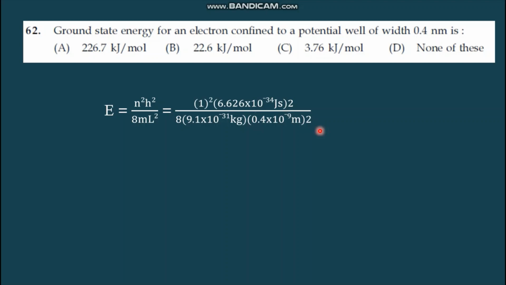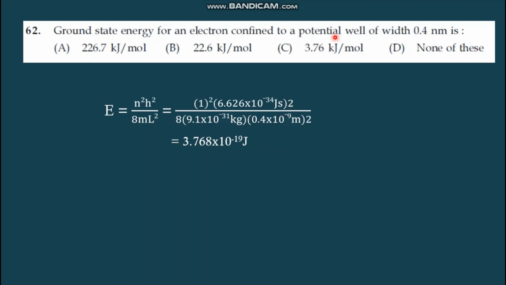So I don't want to repeat the same. I'm just going to solve this thing. Then 8 into 9.1 into 10 raised to minus 34 kilogram into 0.4 into 10 raised to minus 9 meter, this is square. While solving this, you will get an answer of 3.768 into 10 raised to minus 19 joule. And you have this same figure here, but the unit of this energy that we got is